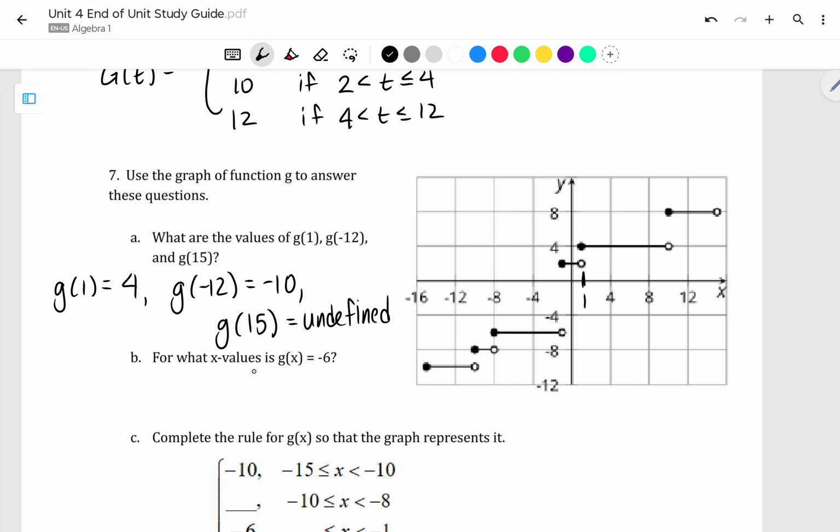For what x values is g of x equal to -6? So when is the output -6? Right here. What are the input values? G of x equals -6 when the input goes from -8 is less than or equal to x, because the -8 is included, and then again, an open circle means less than. I'm going to assume